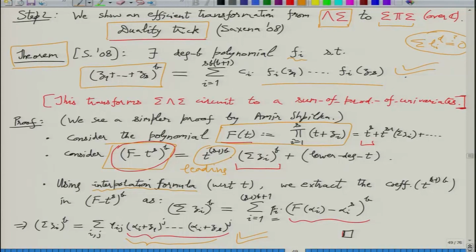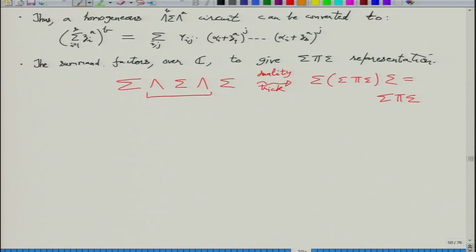So this is a very simple identity, but the point is that a priori it is not clear why we are doing this, right? We are just reconverting powers, but what is the use of this? So that will happen in the last step. Okay, this is where we stopped.